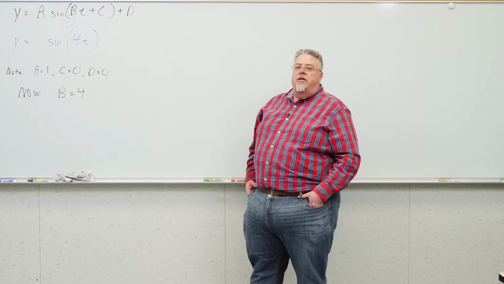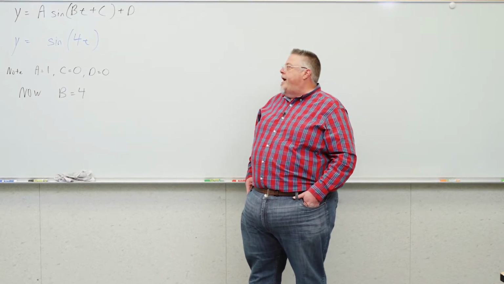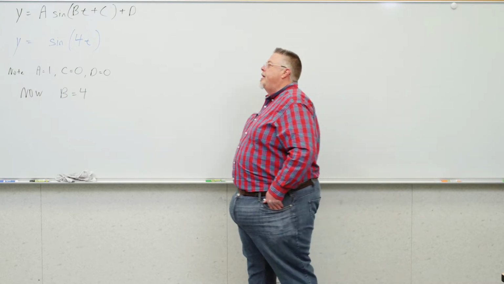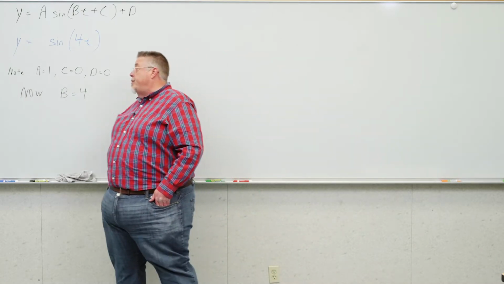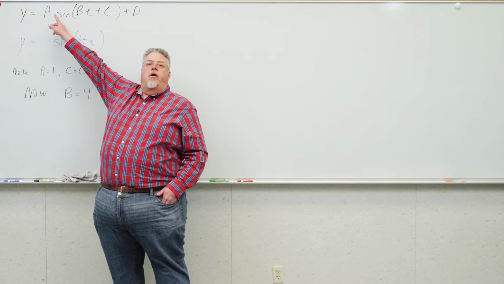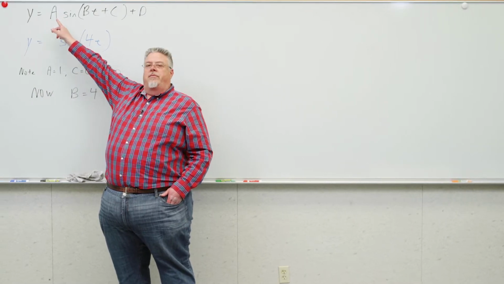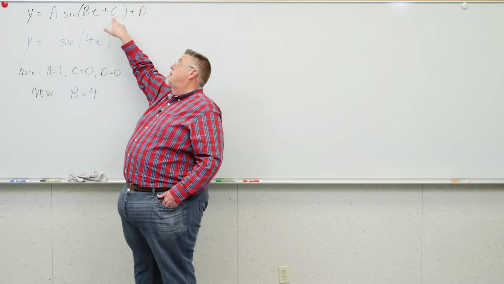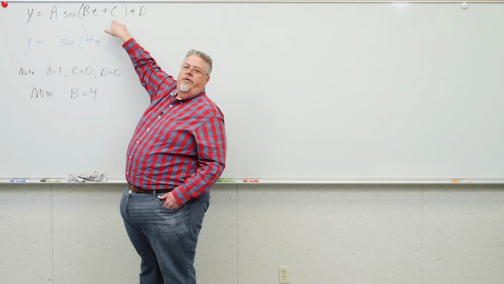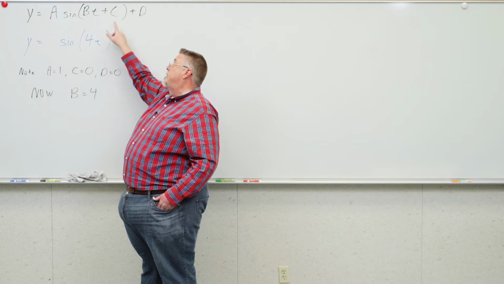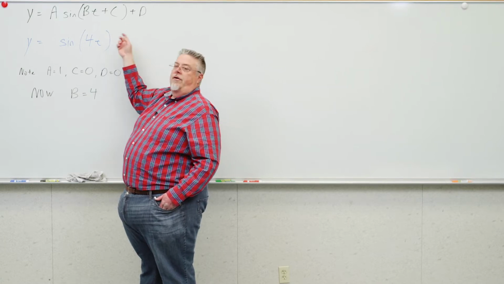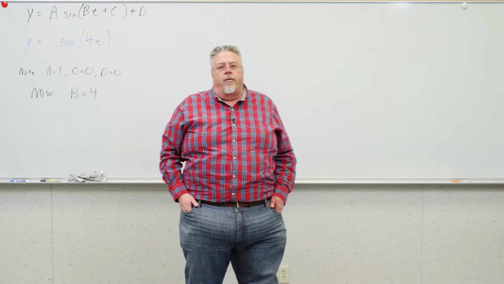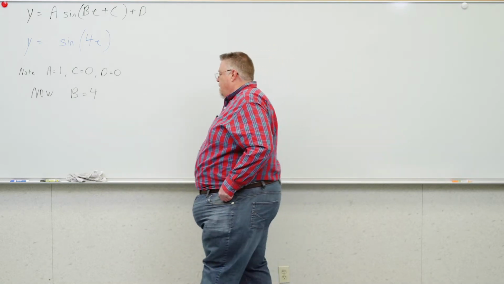So I want to take a look now at parameter B. And so we can focus on parameter B, I'm making the others as simple as I can. I'm making A equal to 1, because if I made A equal to 0, this would all disappear. Keeping C at 0, it's not doing anything. In fact, I took it away because it's not doing anything. I made D 0 because I just want to focus on parameter B. Now,